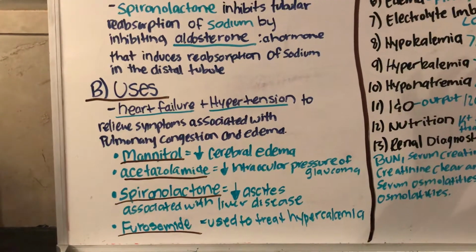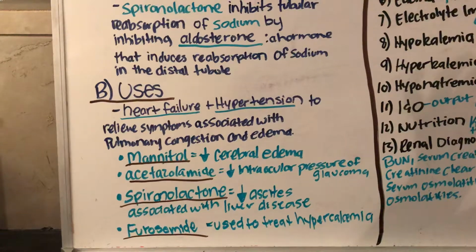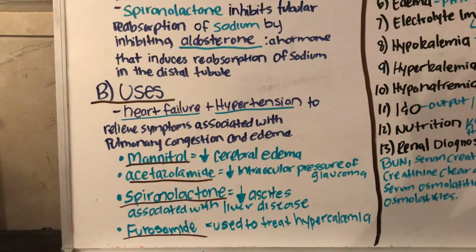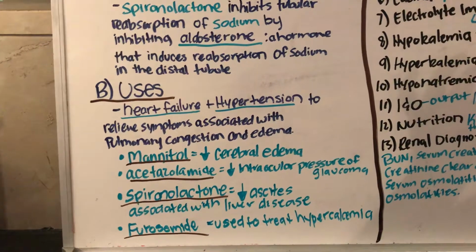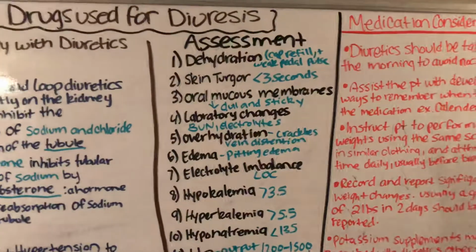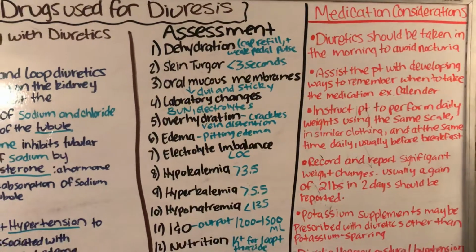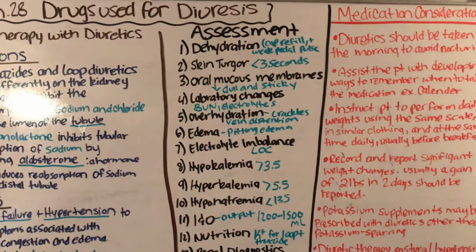Acetazolamide is going to reduce intraocular pressure of glaucoma. Spironolactone is going to reduce ascites associated with liver disease. And furosemide is going to treat hypercalcemia. So the book talks about your assessment, and when a patient is taking these diuretics, you want to assess them